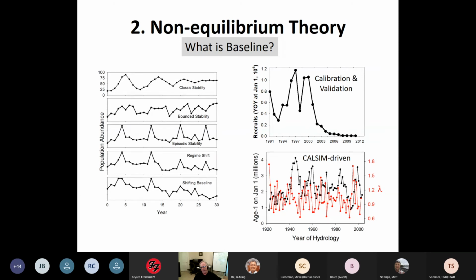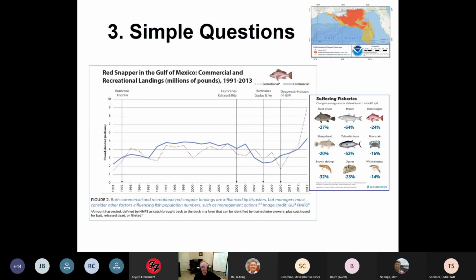And right now, these are not very comparable on certain outputs. So we have to figure out as a group, our small group, are there really two different baselines because it's different or not? So always think about the non-equilibrium theory. You can see the age one is the black line on the bottom right. That's not a stable, steady state, but you might say it's bounded, right? So you have to think about baseline because that's what you're going to perturb things on. And you can ask simple questions, but don't expect simple answers.